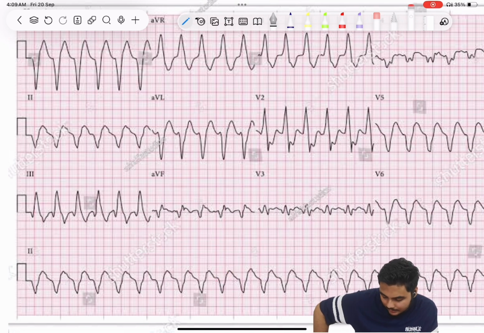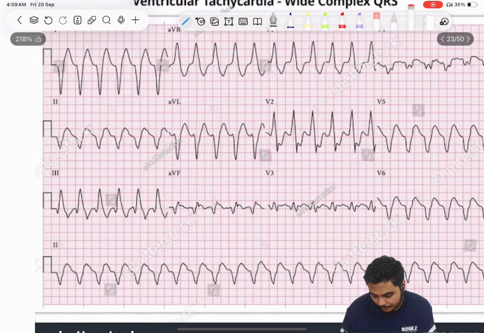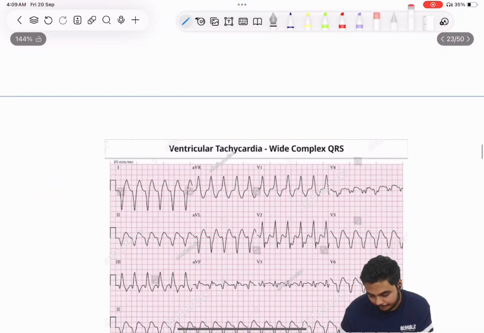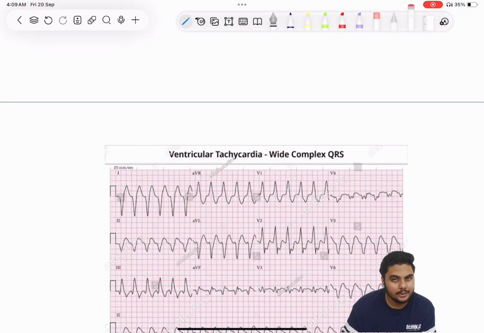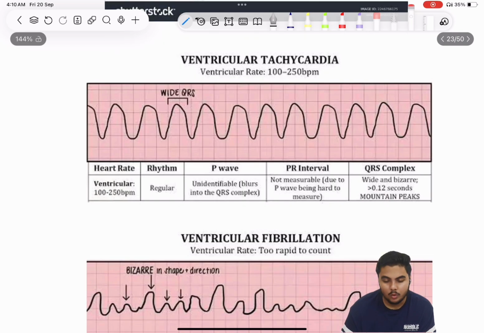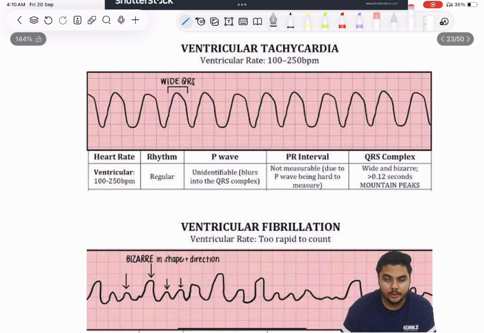So this is a case of broad QRS complex, right? The patient is having tachycardia, which is regular, and having broad QRS complex, then it becomes ventricular tachycardia, right? And ventricular tachycardia, I told you, is the most common cause of broad QRS complex tachycardia. Now, to differentiate between ventricular tachycardia and ventricular fibrillation, you can see that both have a